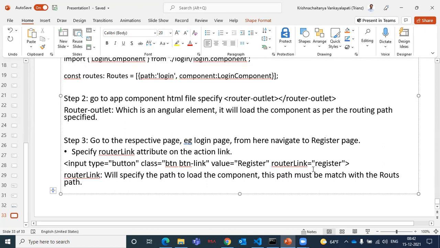Now, please ask your doubts. Is it clear? Anybody having any doubt? I will explain what is the default route and what is the wildcard route. You need not go up to that. If I'm having some error in the component, how to go to the error, everything we'll discuss. Up to now, any doubts?